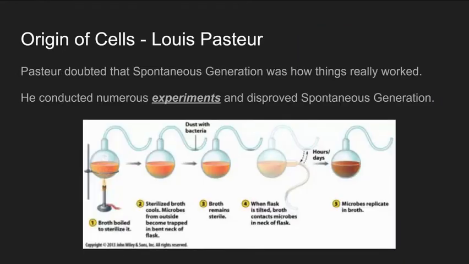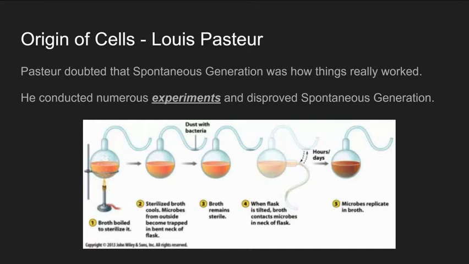Now, this guy by the name of Louis Pasteur came around in the 1800s, and Pasteur doubted that spontaneous generation was a real thing. He was like, let's actually see if this is a real thing or not. So he conducted a couple of experiments, one where he just sealed off meat in a jar, sealed off from the rest of the world. And then he left a piece of meat out. And he found out that, yes, when you leave meat out to the open world, flies discover it. But when you seal it off, nothing seems to generate from it.